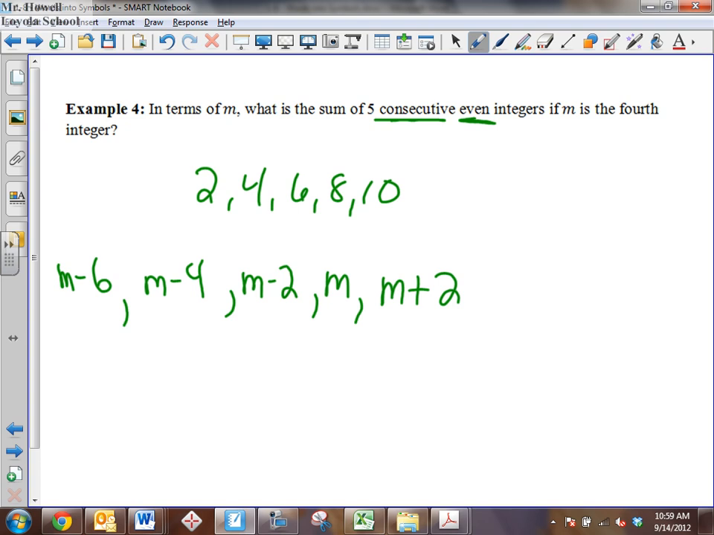The problem does not ask us to stop there. The problem asks for the sum